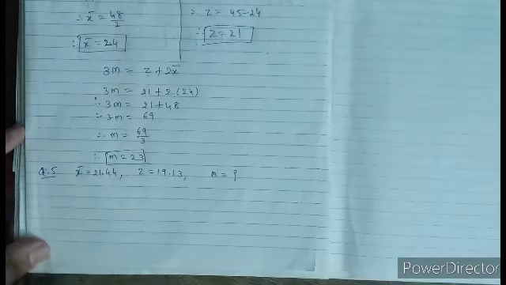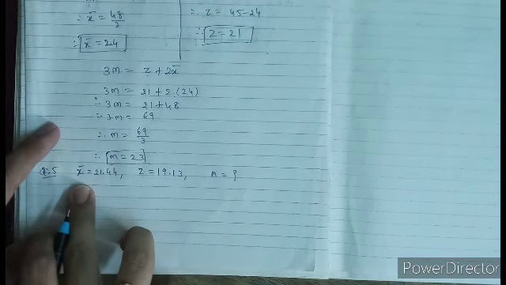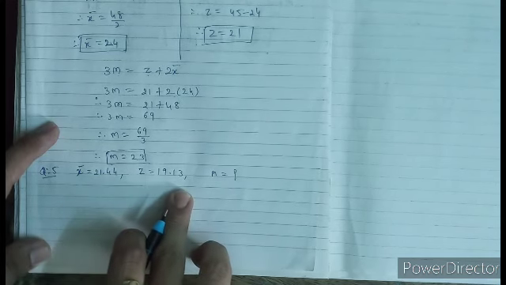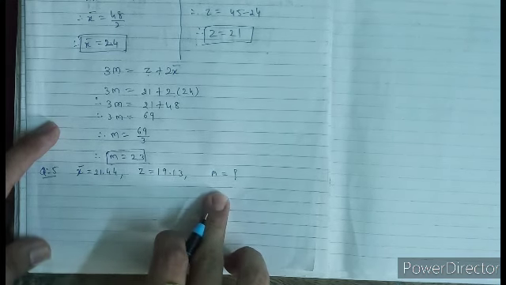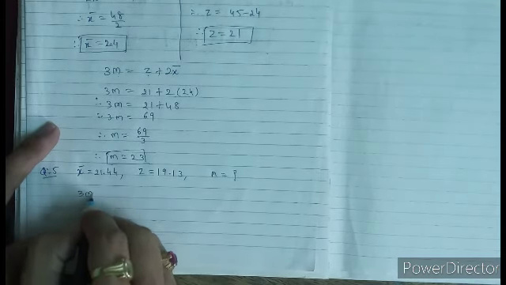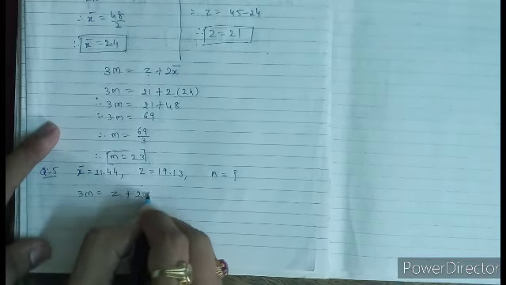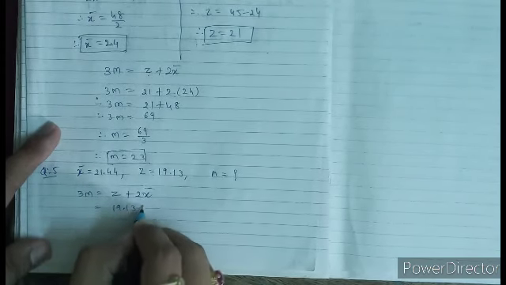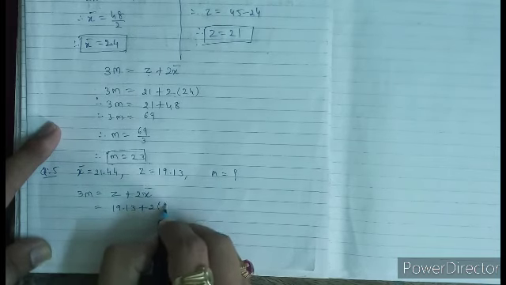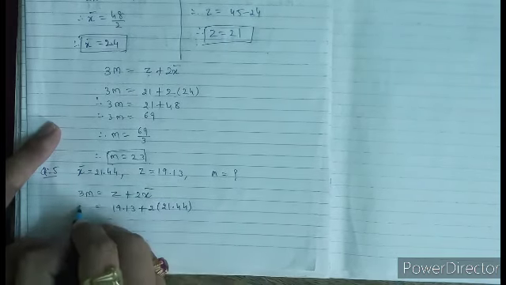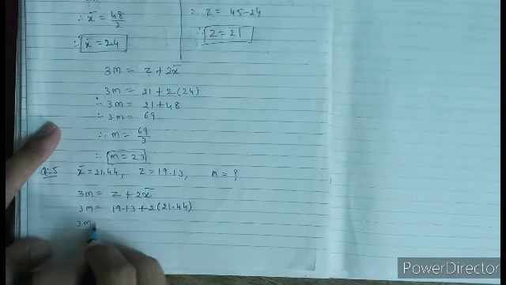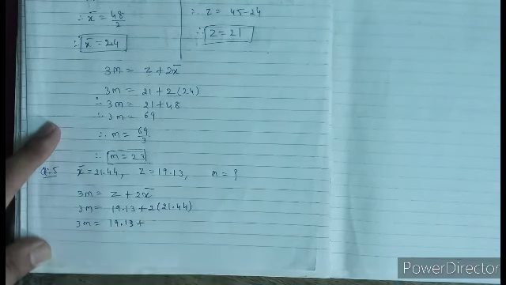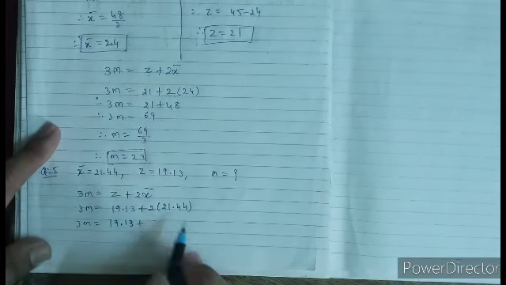Now let's see the next question. Here x bar equals 21.44 is given, z equals 19.13 is given, and we have to find m. Again we will use the formula 3m equals z plus 2x bar. Applying the values, z is 19.13 plus 2 into x bar is 21.44. This is 3m. Therefore 3m equals 19.13 plus 2 multiplied by 21.44, it is